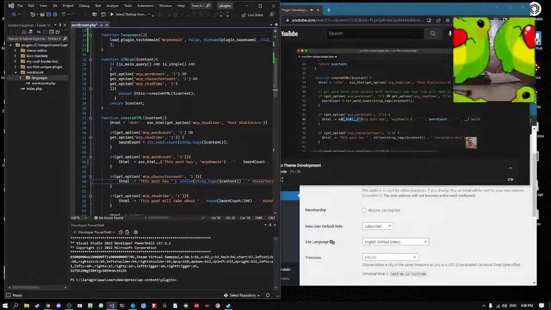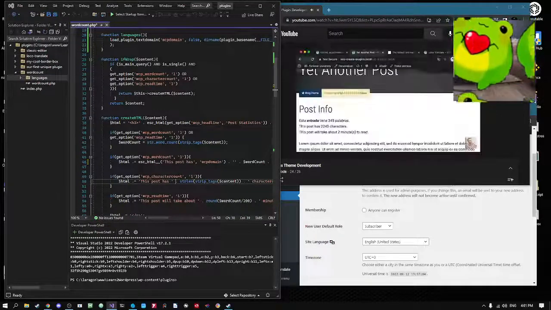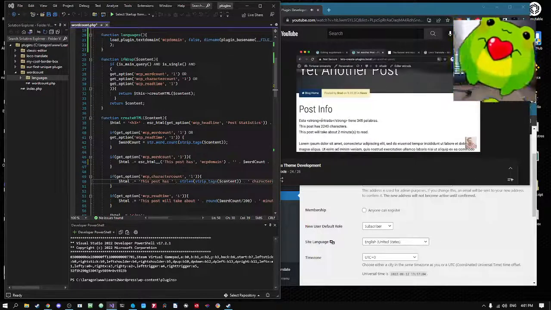So just by changing which function we use here, now if we save and refresh, we're getting that same translation